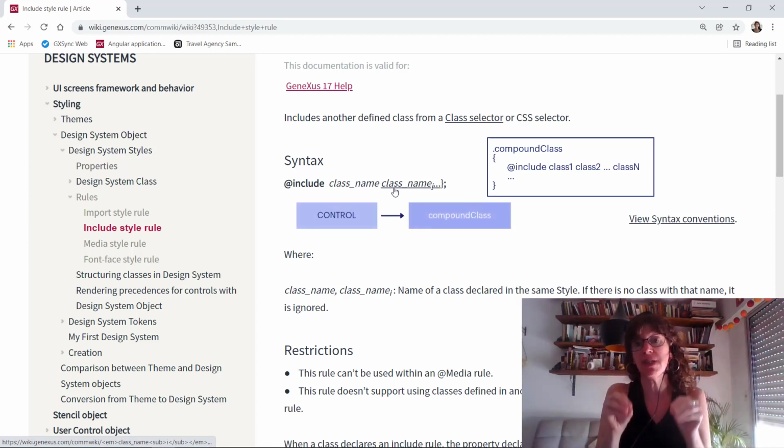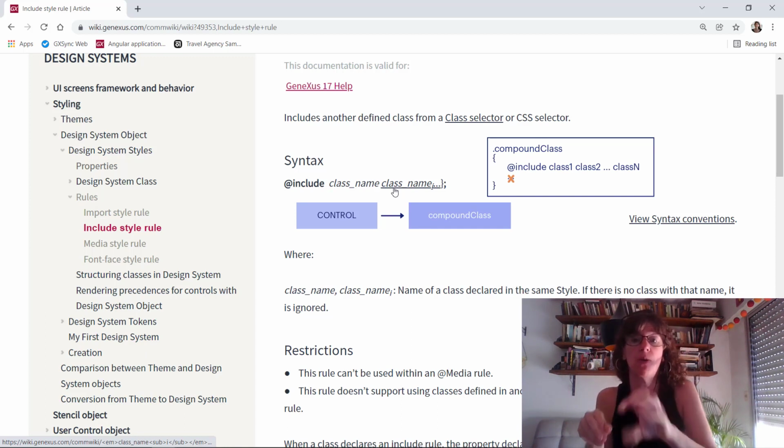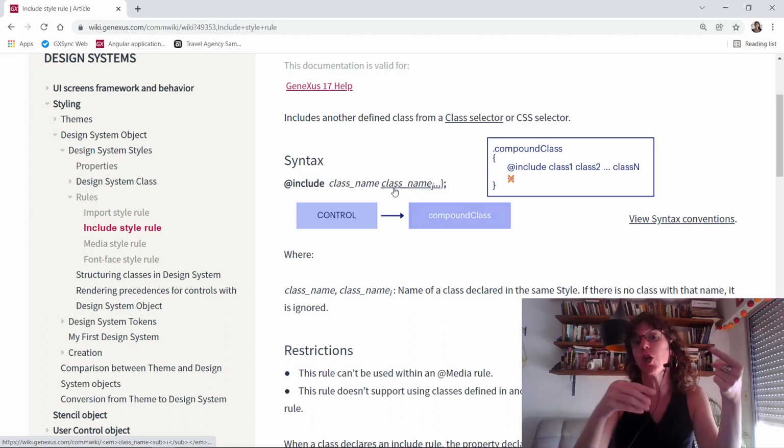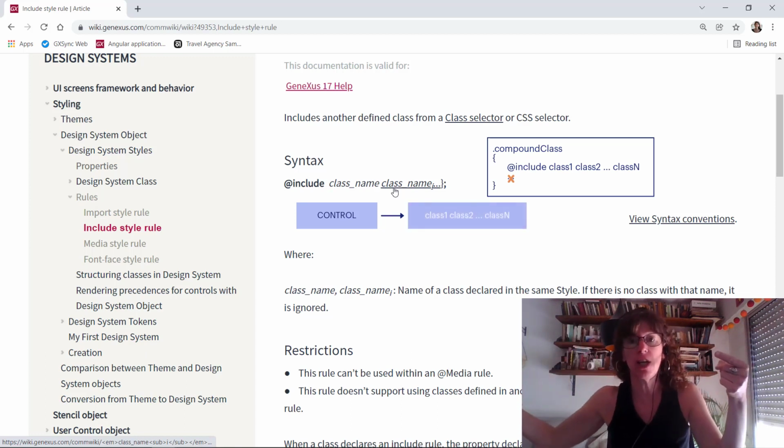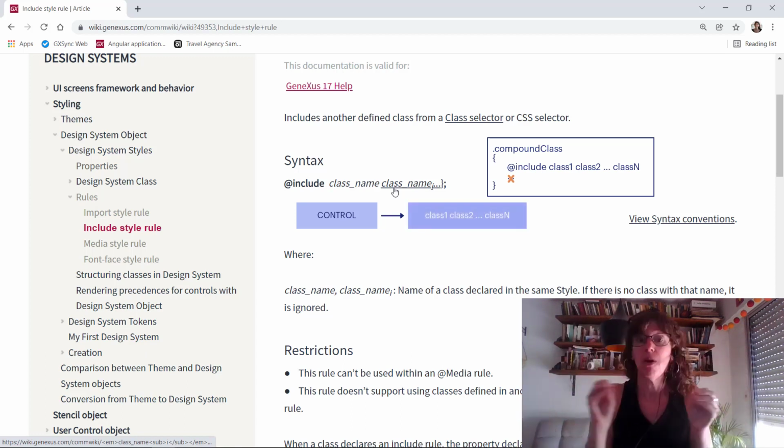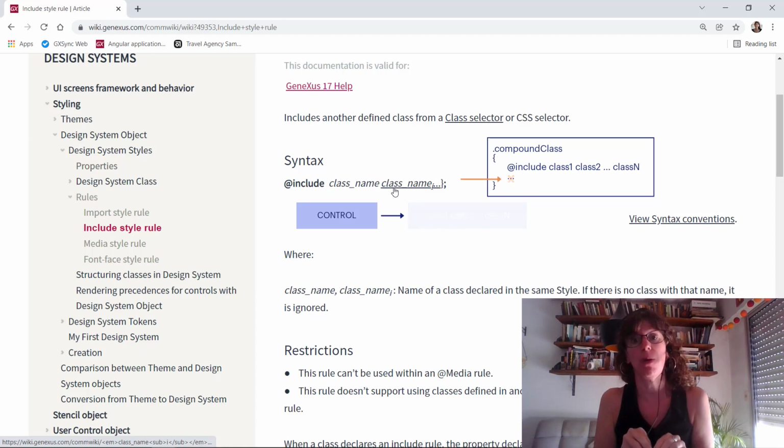I can have a class that only includes many others, and what I'm doing there is a pure composition and nothing else, which would be equivalent to when I want to use this class, instead of using this class for the control, unite all the other classes I'm including, or I can also add new properties in this new combined class.